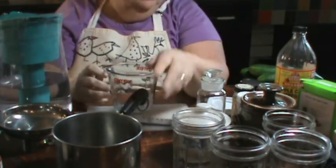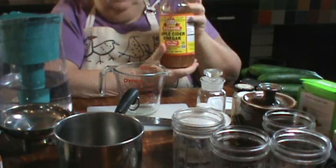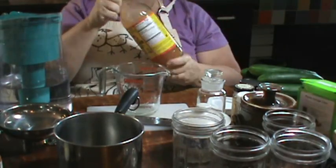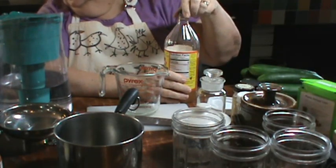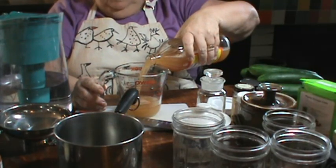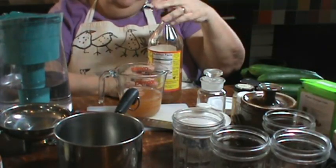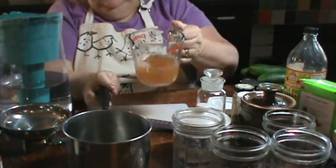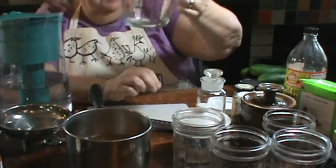Into the water, I'm going to add vinegar, and I'm going to use apple cider vinegar. White vinegar works very well in this. I made it for years with white vinegar. I just like the taste of an apple cider vinegar, and I like the health properties of an apple cider vinegar, especially a raw unfiltered one. So that's what I'm using, and I'm going to use 1 cup of that. I've made pickles with all kinds of vinegar. As a matter of fact, one of our favorite pickles uses malt vinegar, which is very lovely. A little bit of an unusual taste,